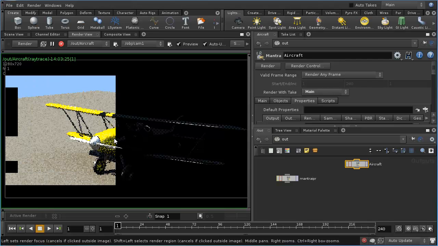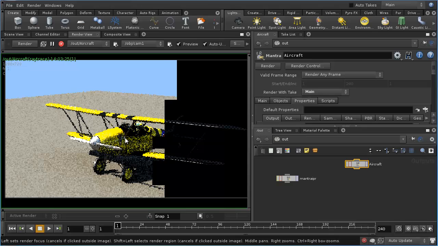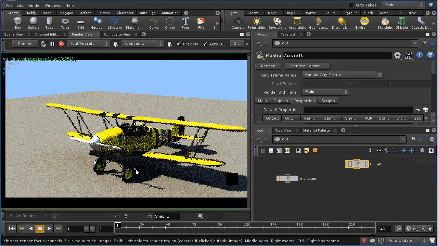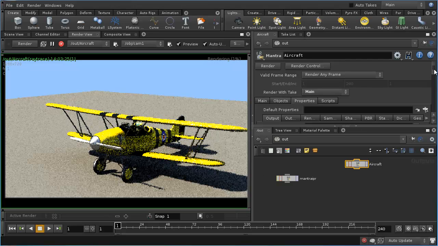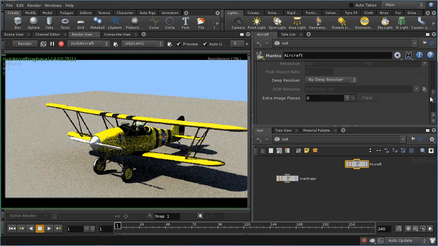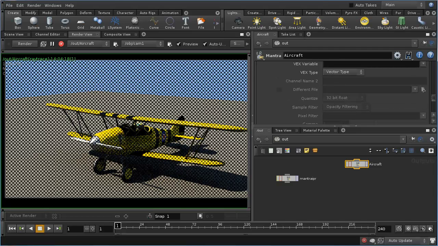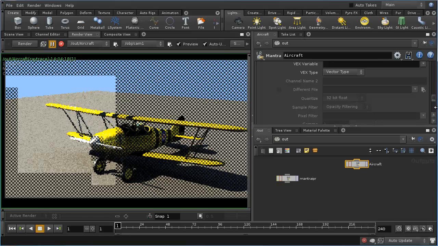So there it is. You can see it's back to the full render with everything in it. Now if we want to start exporting channels out of this, for example spec channel, reflection channel, diffuse lighting channel, or color channel, there's a really unbelievably easy way to do this, and you find it by going into properties on the output tab. If you scroll down at the bottom, you'll see where it says extra image planes 0, and when they say image planes, they mean another channel that's taken out of this single render. So let's just add 1 and take a look at it. I'll type 1 in there and click the plus button, and, I better pause this render, it will add